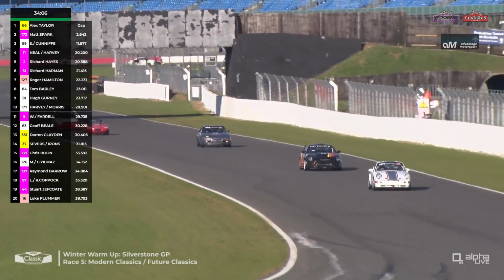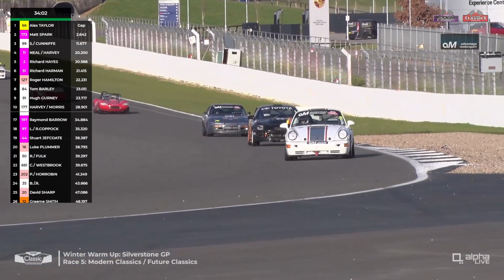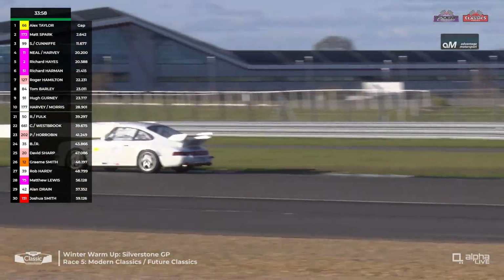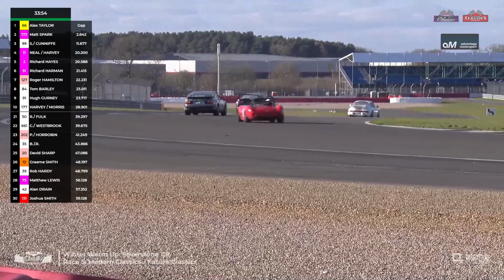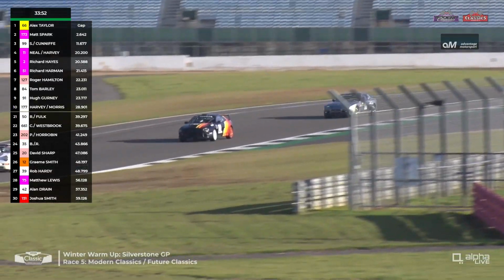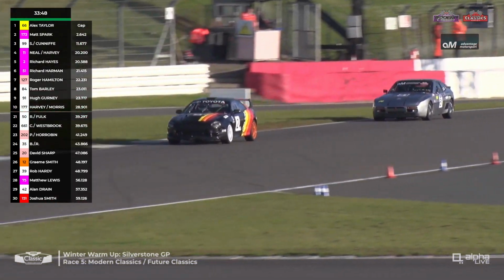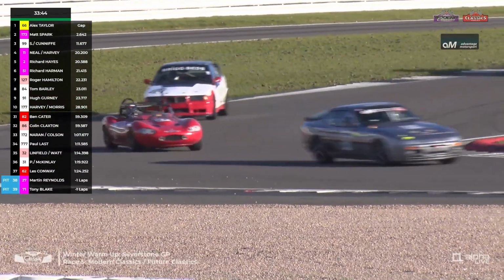So down the Hangar Straight, 4th place car, Neil Harvey, up the wheel of the Porsche, look in his mirrors, who's still with him? It's going to be the Toyota in the hands of Richard Hayes. Yeah, certainly is, and there's a few more now starting to queue up behind here. So Richard Harmon is there, Roger Hamilton is there as well. You've got Tom Barley and Hugh Gurney all within touching distance. So 5 or so cars starting to line up now behind the Neil and the Harvey car